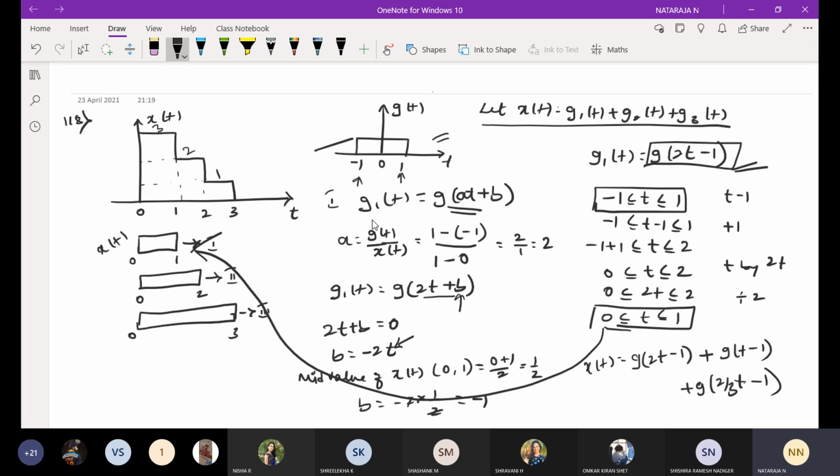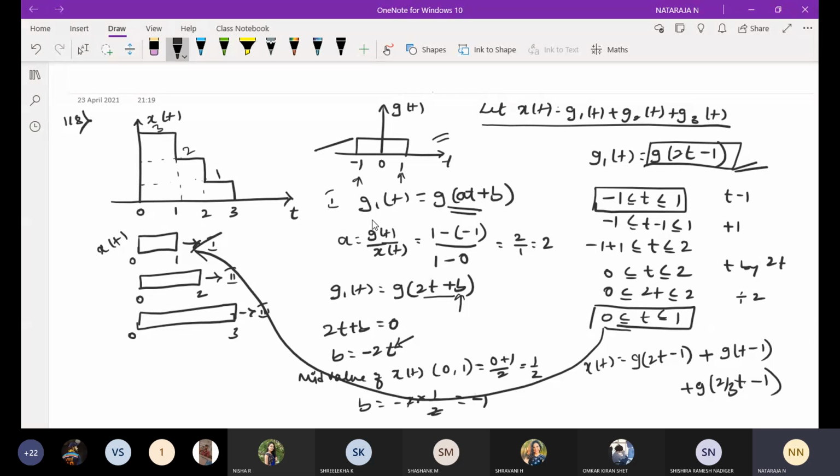I will make use of x of t. I have used x of t, the limits will be 0 to 1. I need to find the mid value of this, 0 and 1. What is the middle value of 0 and 1? 1 by 2 you will get. If you are confused with respect to that, you just take 0 plus 1 divided by 2. If it is 0 plus 2 divided by 2, 0 plus 3 divided by 2. That is your mid value. If you want, you can check. You will get 1 by 2 as the middle value.